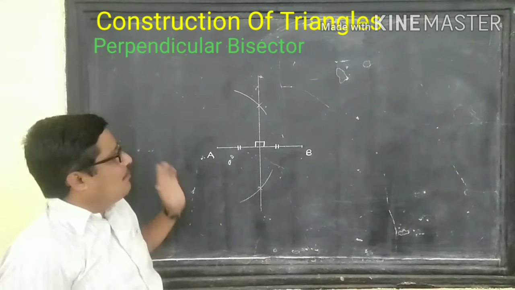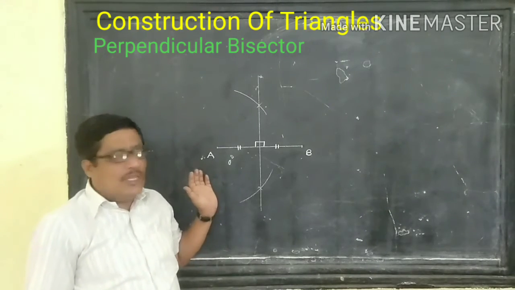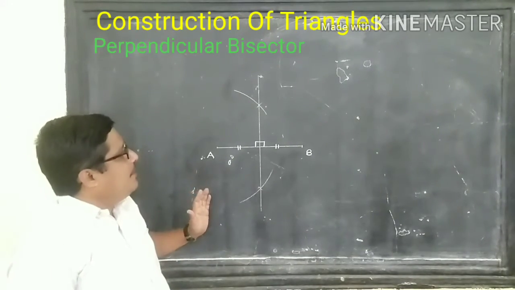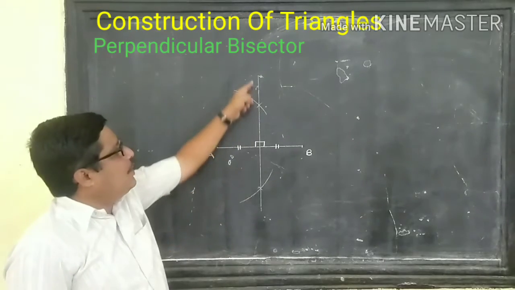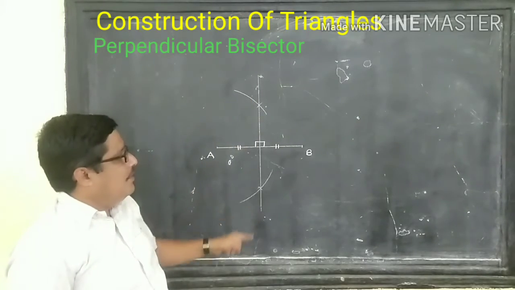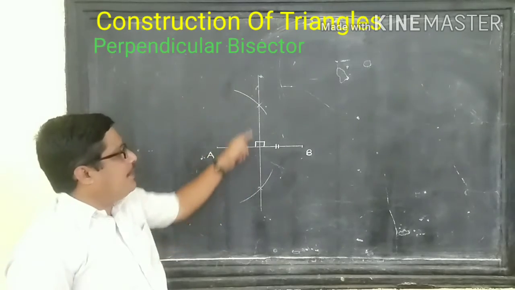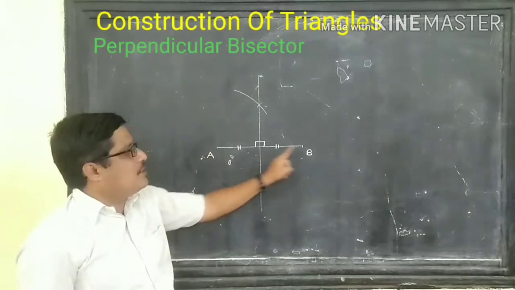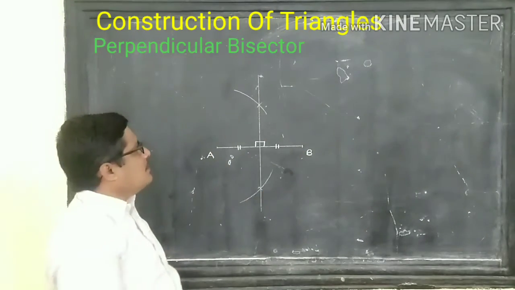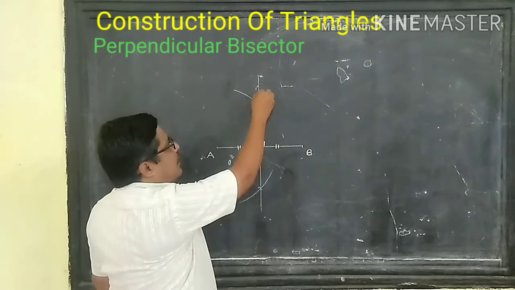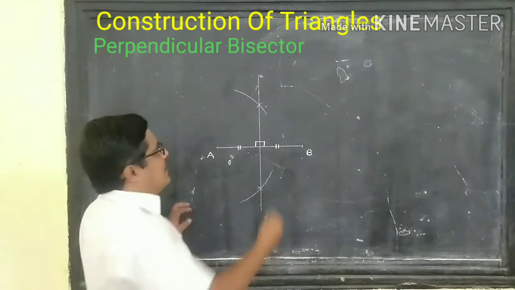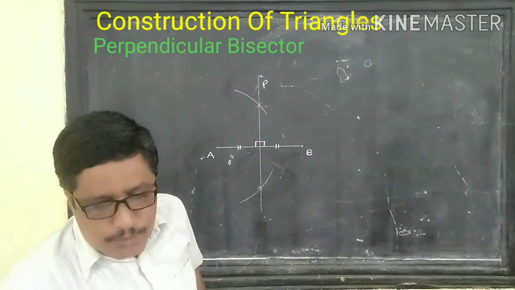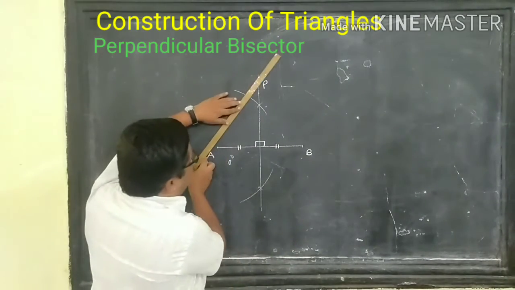Now after this we know perpendicular bisector theorem. The perpendicular bisector theorem can be explained. Every point on the perpendicular bisector is equidistant from end points of the segment. That means if we take any point here on the perpendicular bisector, suppose this is P, and join this point with A and B,